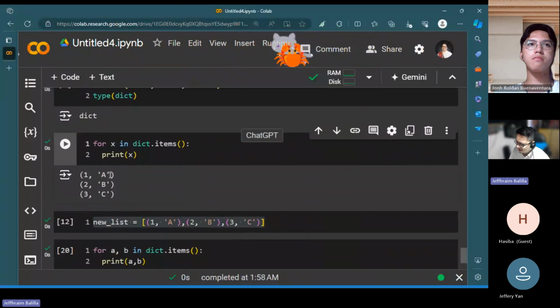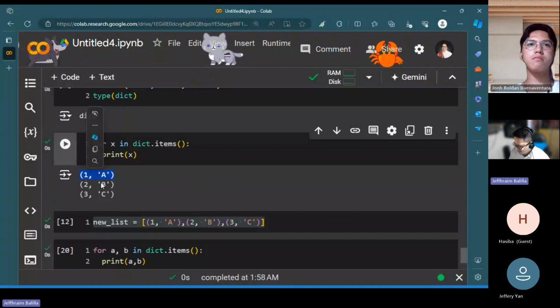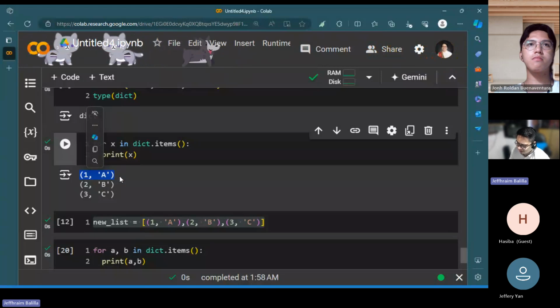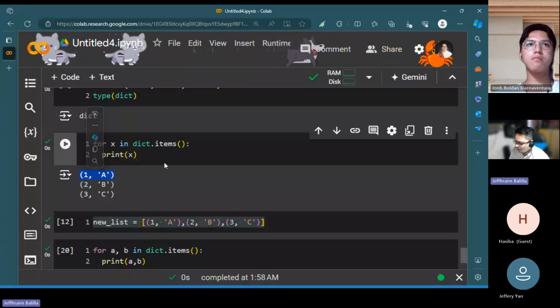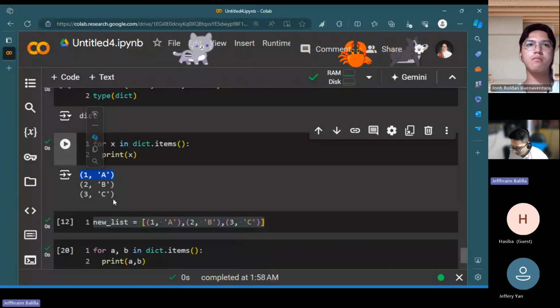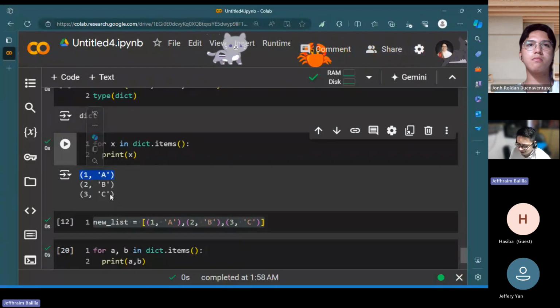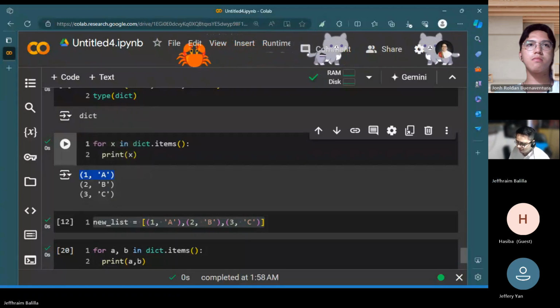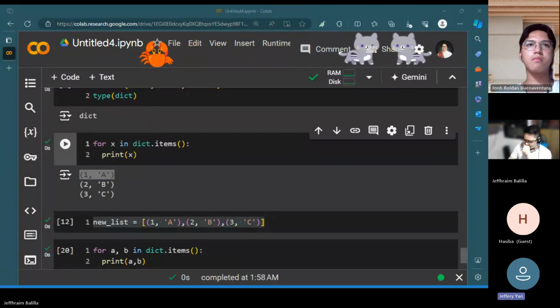So for me, this is a more intuitive way of checking the items in my dictionary because it always comes with a pair of keys and value. You may not want to present the dictionary through the values alone because the values are not unique, right? So it's always with the keys. Do you follow? Yep.